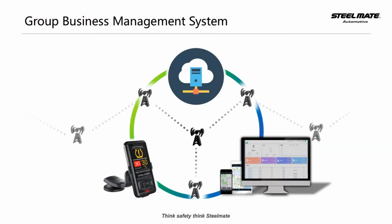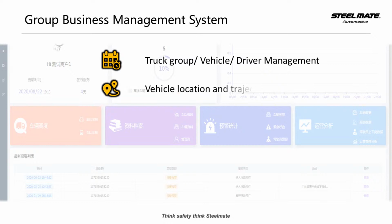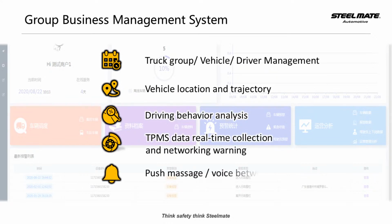So this is for the management of the vehicle, for the truck fleet management. You can see the functions here. This is the interface of our management system, and this is very convenient for truck and fleet vehicle driver management, and it can also detect the vehicle location, check the driving hours, and analyze driving behavior. I think this is very common in the market now,